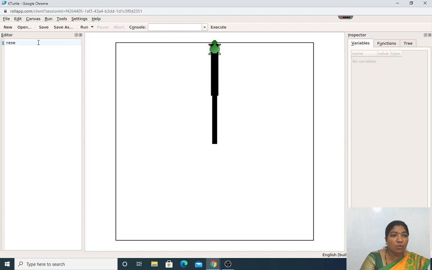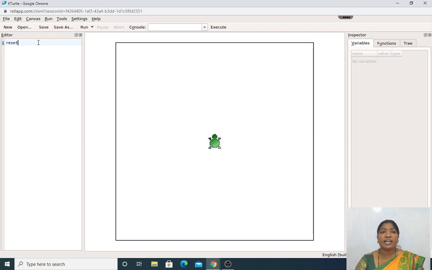Before making use of different commands, you have to keep in mind that we have to use the reset command. If I press F5, what actually happens? It will come to its original position, as when we opened the open source software by default. So, let us see what canvas color command and canvas size command mean.